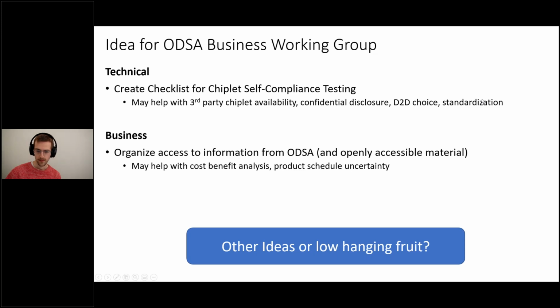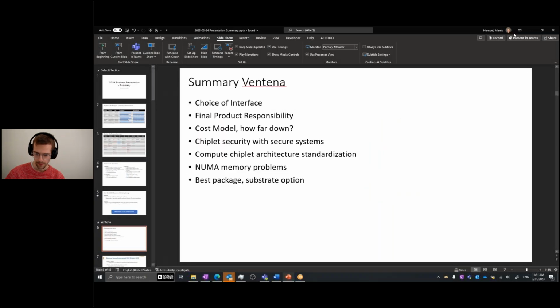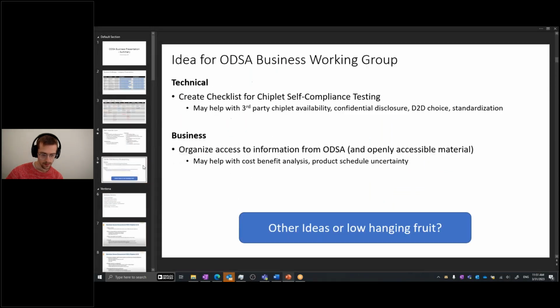So you might want to consider adding that here as a low-hanging fruit at the right time frame. Yes. Okay, that is good feedback. We already have a marketplace for products, and it wouldn't be a very difficult extension to have a section on chiplets.